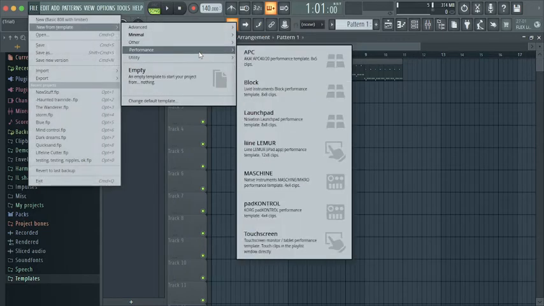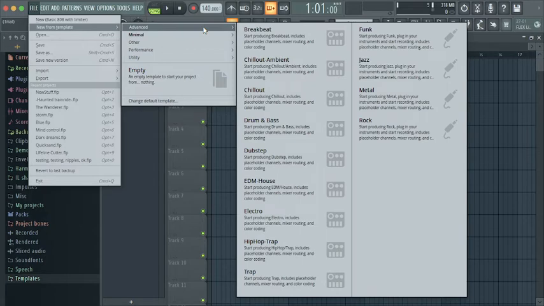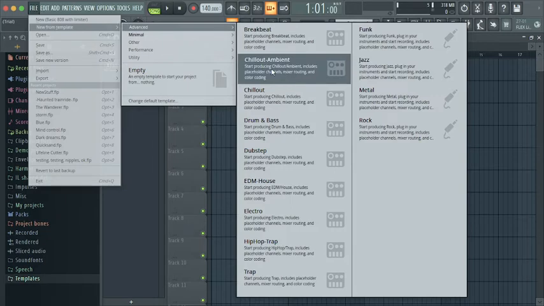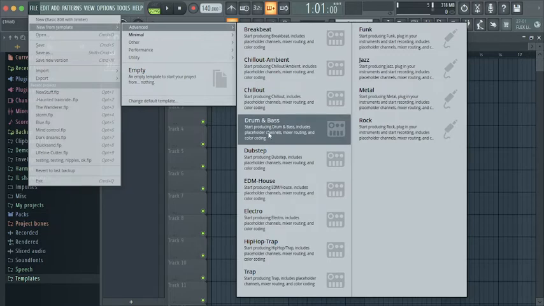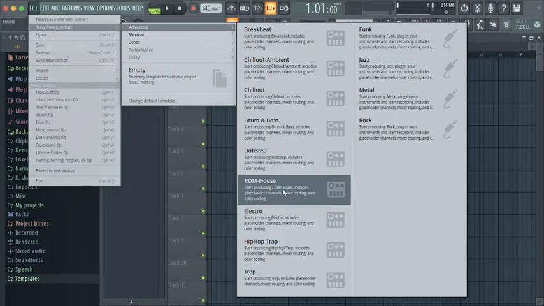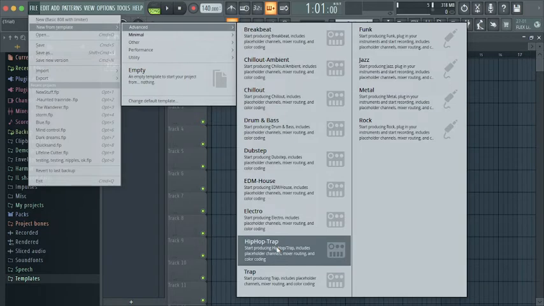Now we have performance, which these aren't really that important. Utility, which are the vocoders for your voice, surround remix, sound effects transitions, and drum mixes. Now we have the most important one, advanced. The options we have here are breakbeat template, chill out in ambient template, chill out template, drum and bass template, dubstep template, EDM or house template or electric dance music, electro template, hip hop or trap template,